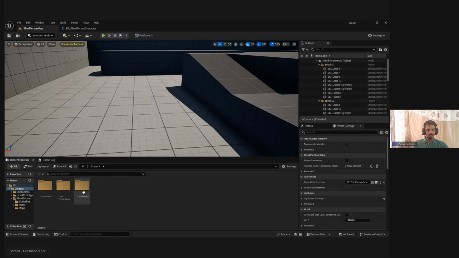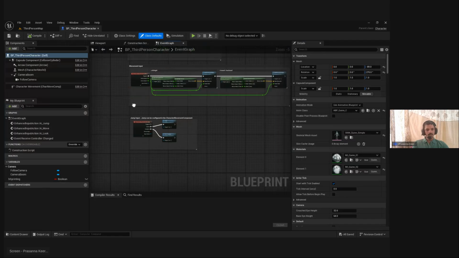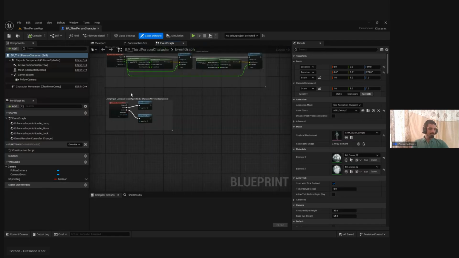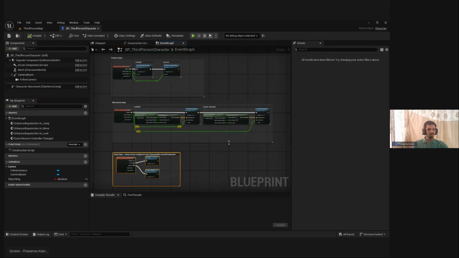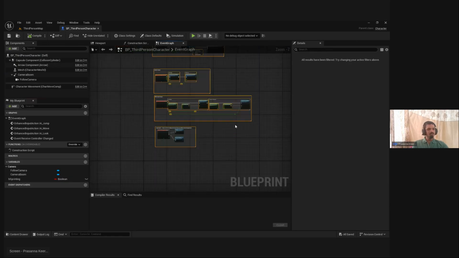You see the content folder, third person, and some blueprints. Just opening those. All right, like we planned, what is meant by sprinting? The character will just improve its speed. Okay, improve its speed. So what button do I need? Those nodes are confusing at first. First of all, what are those?